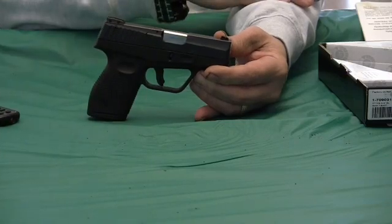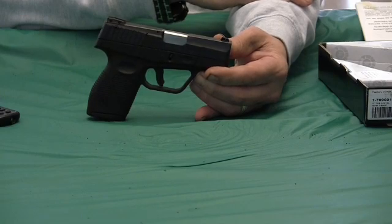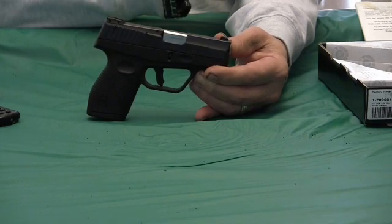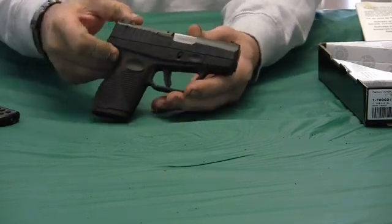The Taurus 709 Slim, 7-shot 9mm, compact 9. It's marketed for more or less concealed carry. It's a pretty neat gun, and I picked this up, and the reason I bought this gun, even though I